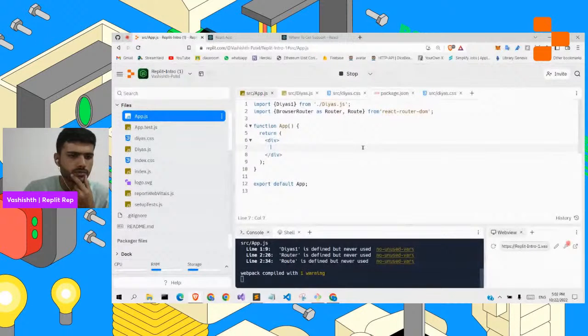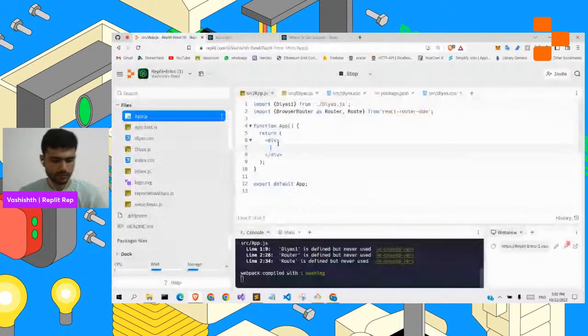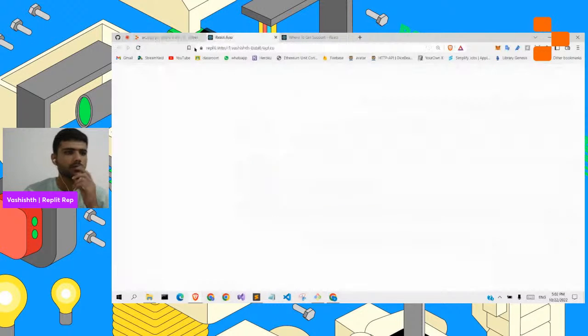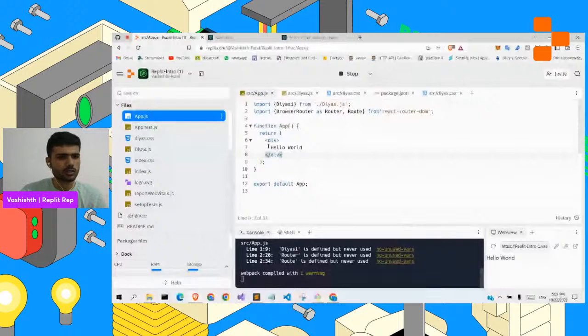Okay, I guess it is working, but the router is not working in this app.js, and for that, we have to just put router here,